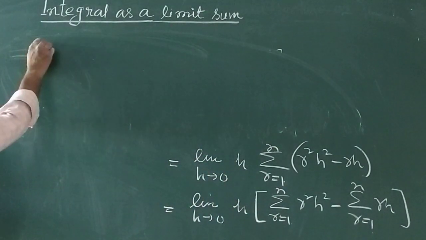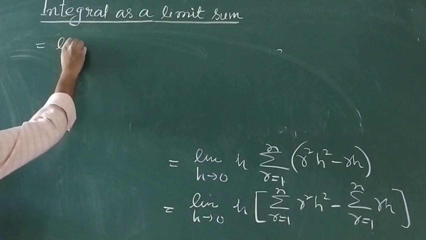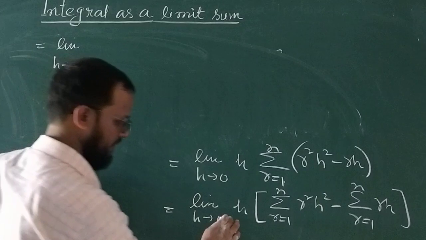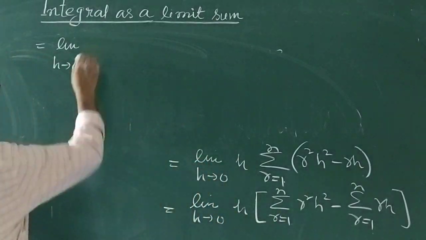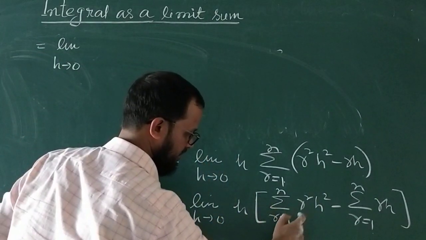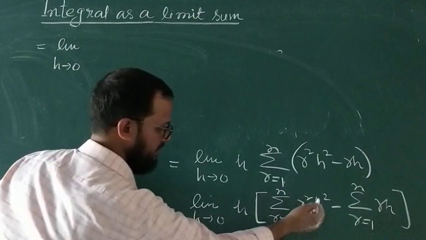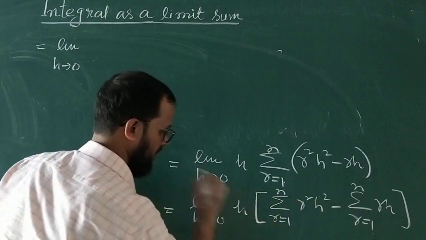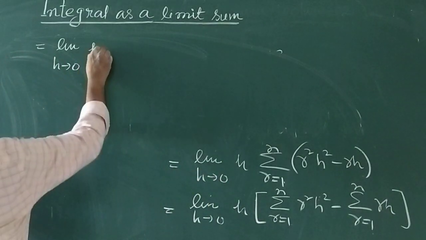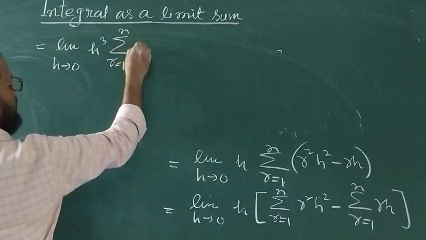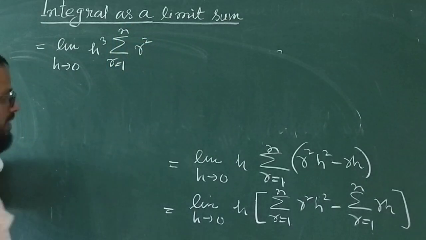Then the next step is limit h tends to 0. If you separate the limit also, r, h square is a constant quantity and h square will come out and it will be multiplied with this h and becomes h cube. And inside the summation, what will remain? r equal to 1 up to n, only r square remains, minus